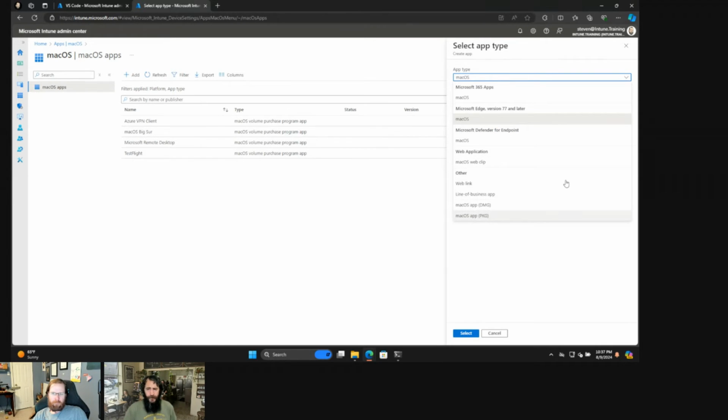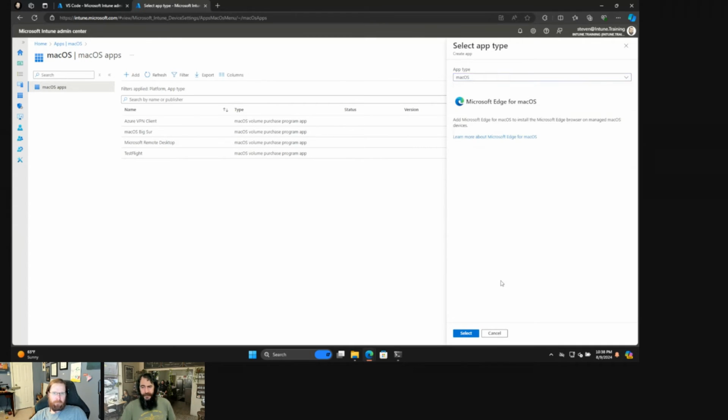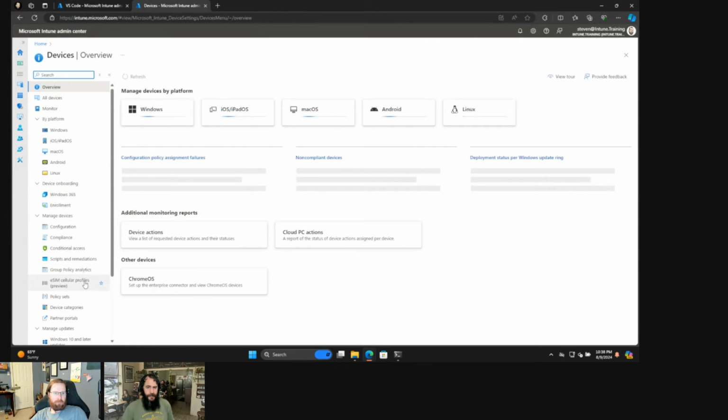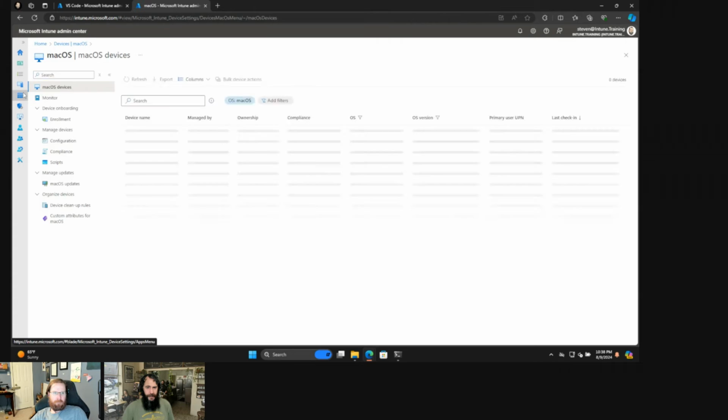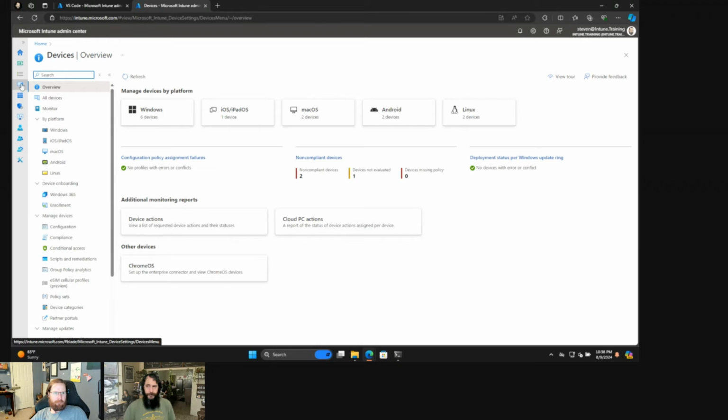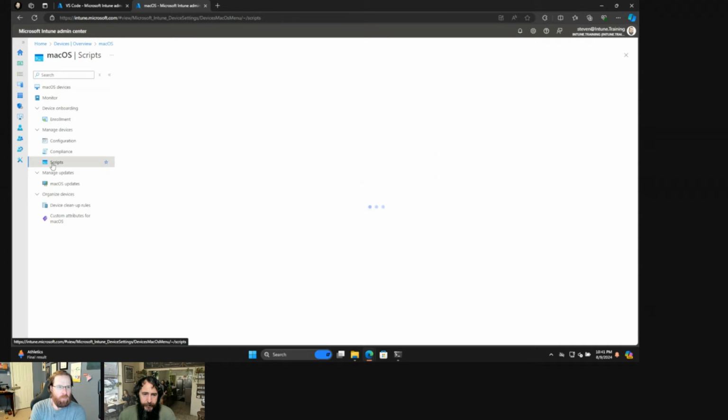So we're not going to use any of these, not because they don't work, not because they're not useful, not because they're not awesome. It's just the scenario that we're demoing today is to deploy VS Code, and the most efficient way to do that is to go and use the shell script. And I'm just going to click OK there, and I'm going to go to macOS under Apps. Cool. So now we're over in the macOS space, and we're going to go to scripts,